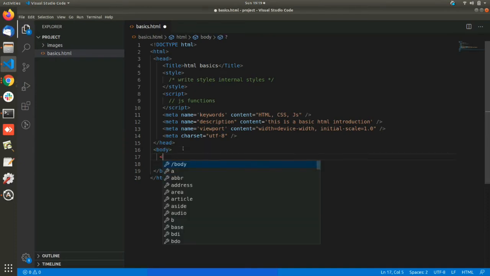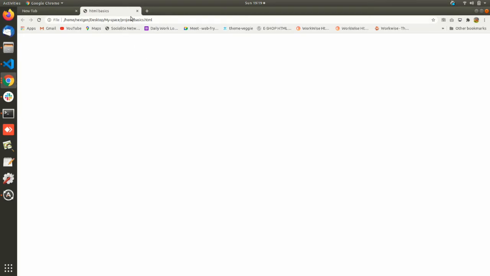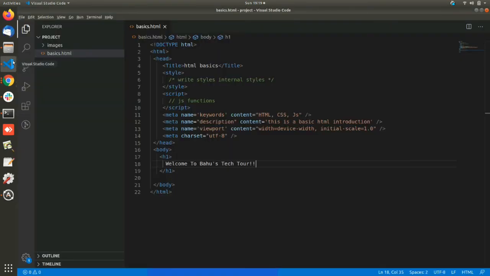Let's write something in the HTML body tags. H1, welcome to Bahu's Tech Tour. Let's see. Now we are getting welcome to Bahu's Tech Tour, which I wrote in the body tags.